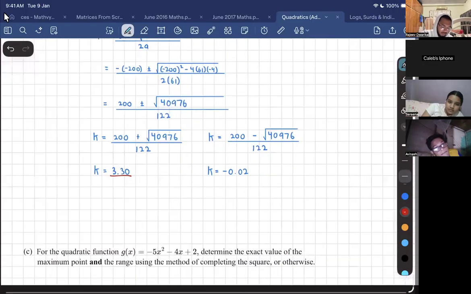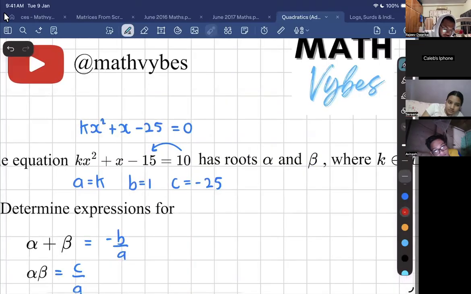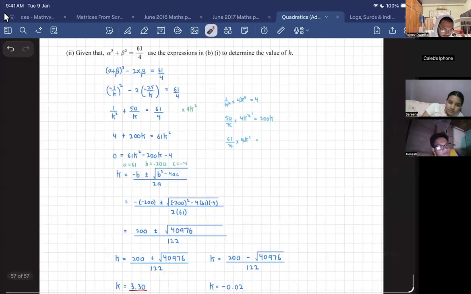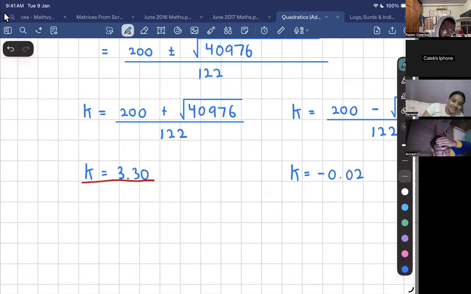Serena, if I round off K to 3, would it satisfy this equation exactly? No, sir, because it's a rounded off value. So if your teacher tells you that, tell them that doesn't make sense. You're supposed to get a whole number. If you're not getting a whole number, something is wrong. So you would say